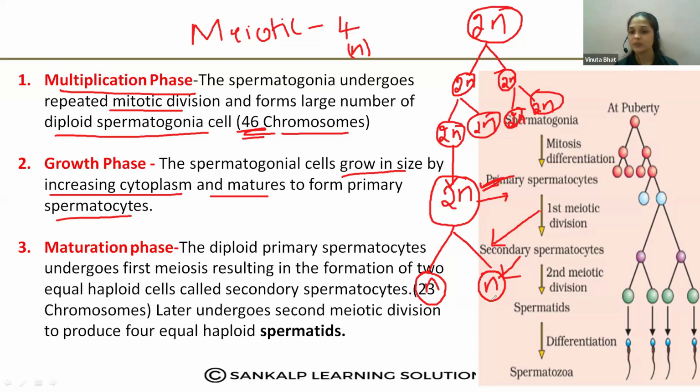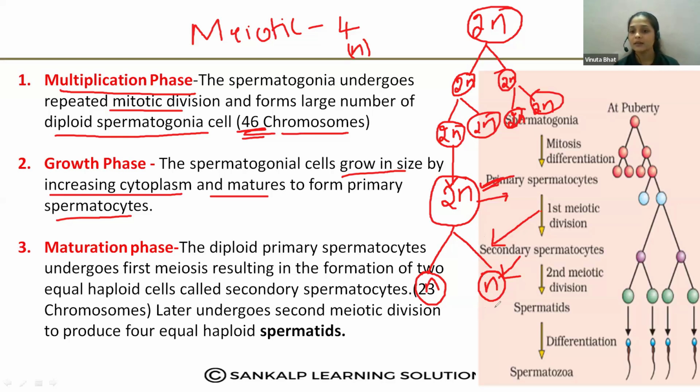What is the ploidy of the secondary spermatocytes? Please write down your answer. Answer as if I am asking a question while you listen to the lesson. Okay, the ploidy of the secondary spermatocytes is haploid, because they are formed after the first meiotic division